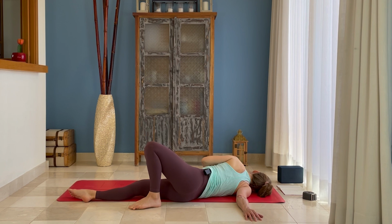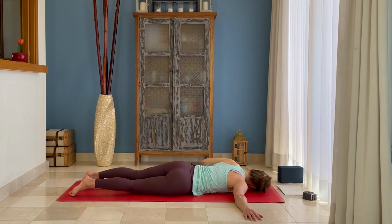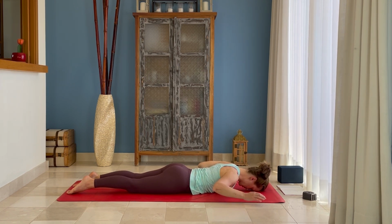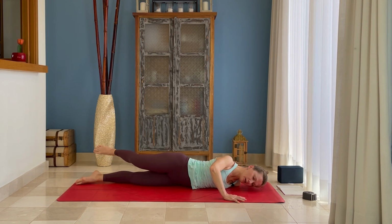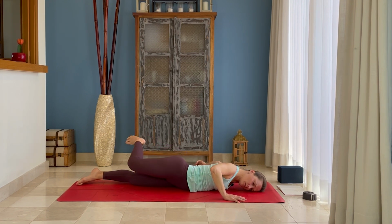On the next inhale, roll back onto your mat. Don't rush. Feel your right shoulder. When you're ready, bring your right hand next to your chest. And left hand goes away. Then roll to the left side of the body, bend your right knee, head stays down,